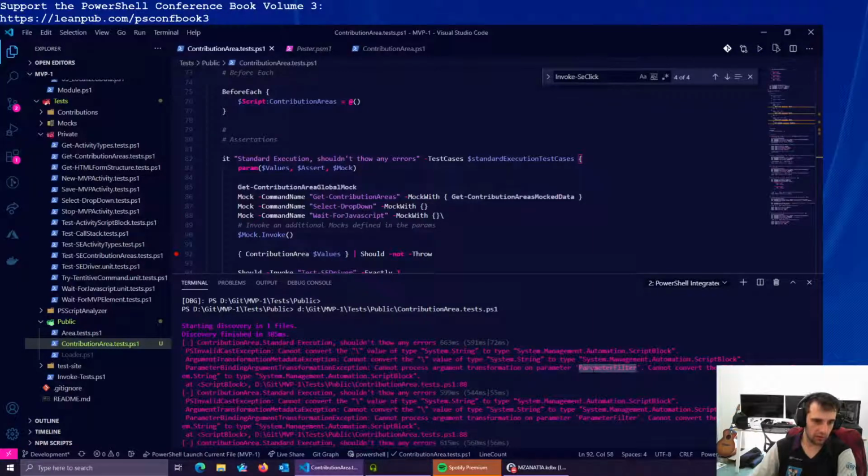Cannot process argument, transformation, or parameter filter. Cannot convert the